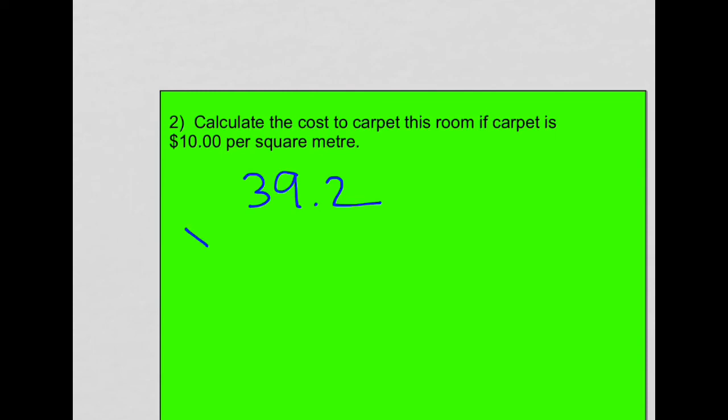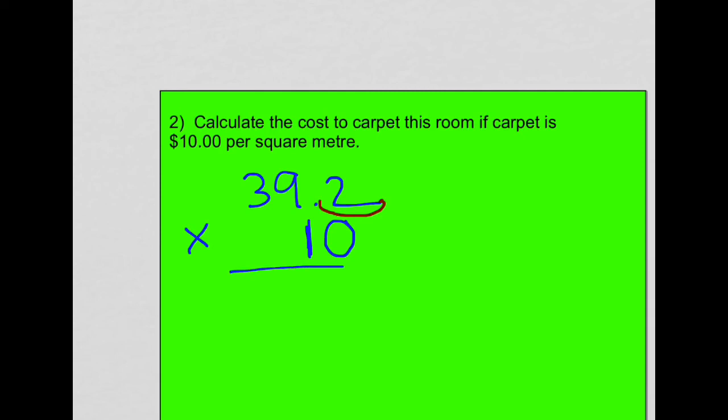and you would multiply that. In this case, the cost is $10 per square meter. Now I'm just going to multiply by 10. I'm not going to add the decimal places in. I'm going to keep this simple because early in the year we did a mental math strategy for multiplying by 10. When you're multiplying by 10, you just flip the decimal 1 to the right. So when we work this out,